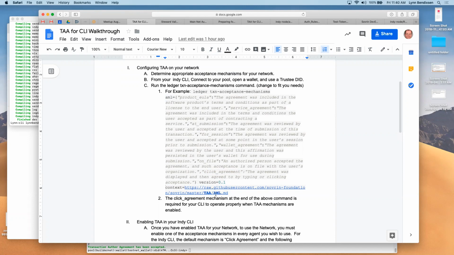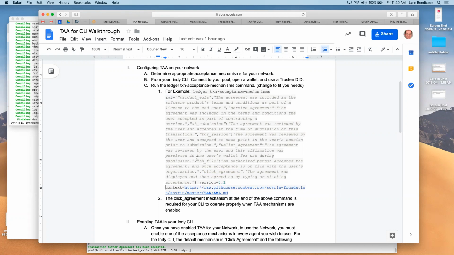It says AML, but it really is the agreement that it's pointing to here. At the time, there's a different one that they're working on. It's going to be the official one that goes on the mainnet. Mainnet doesn't have it there yet, but the BuilderNet has this acceptance agreement on it right now.